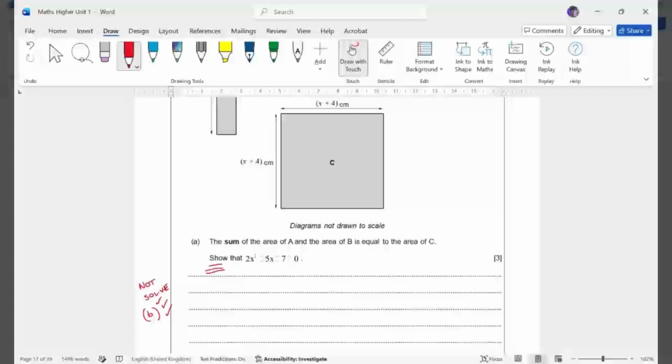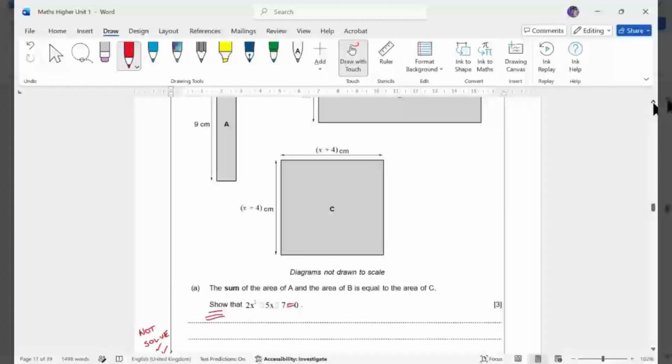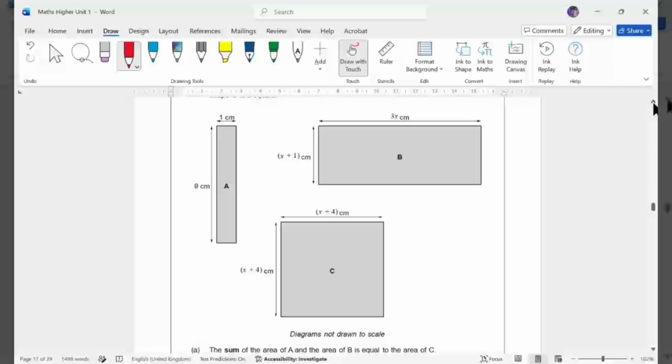Again, there are missing things. I know that one's an equals. I'm not sure if these missing things are pluses or minuses. I'll work it out in a minute, right? But it says the sum of the area of A and B. I'm going to do it up here, actually, because I can see the shapes then. The sum of the area of A and B is equal to the area of C. Well, let's write that as a